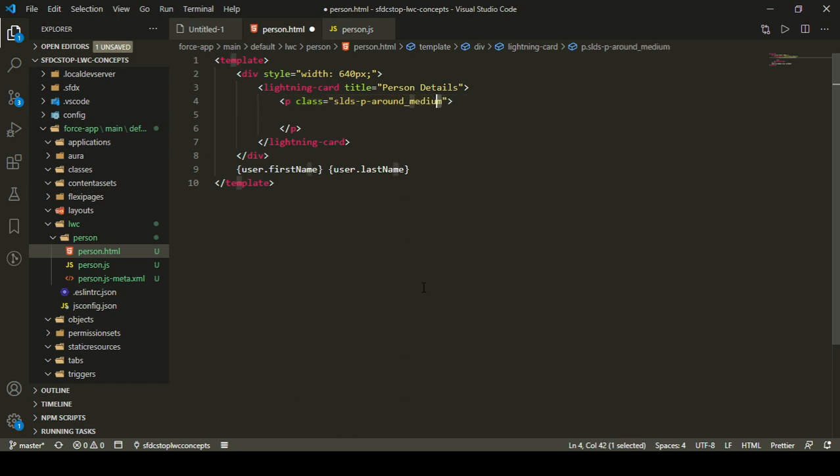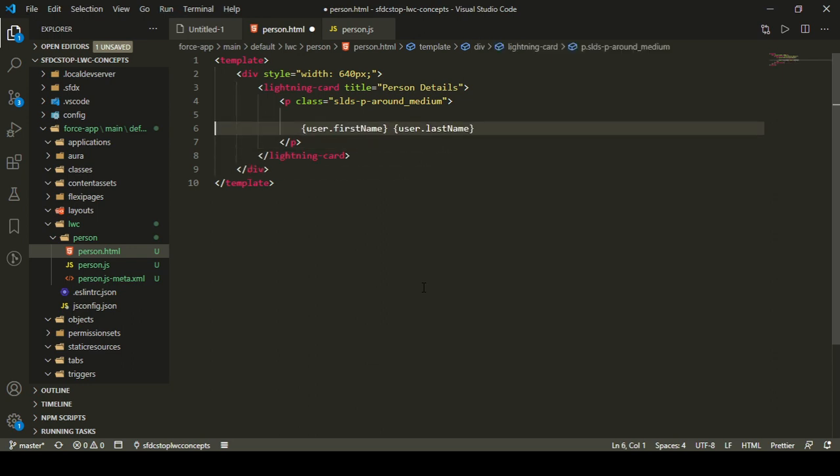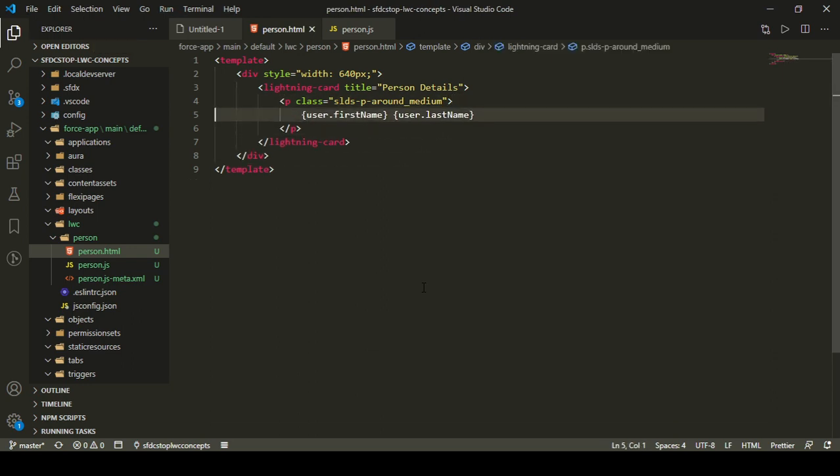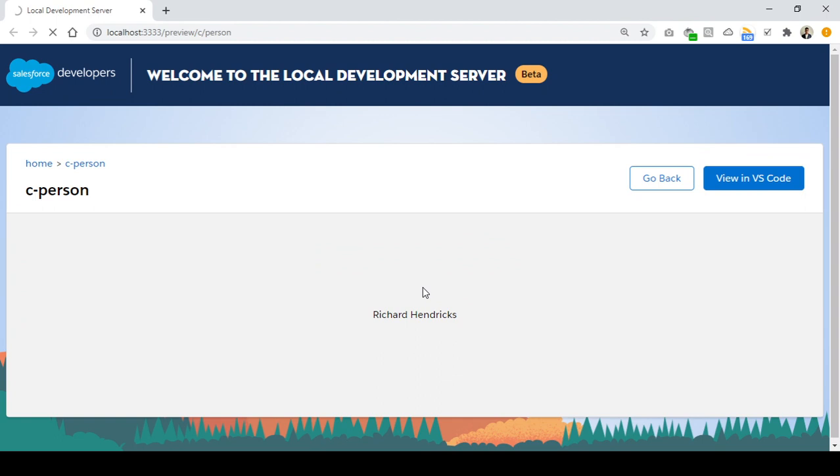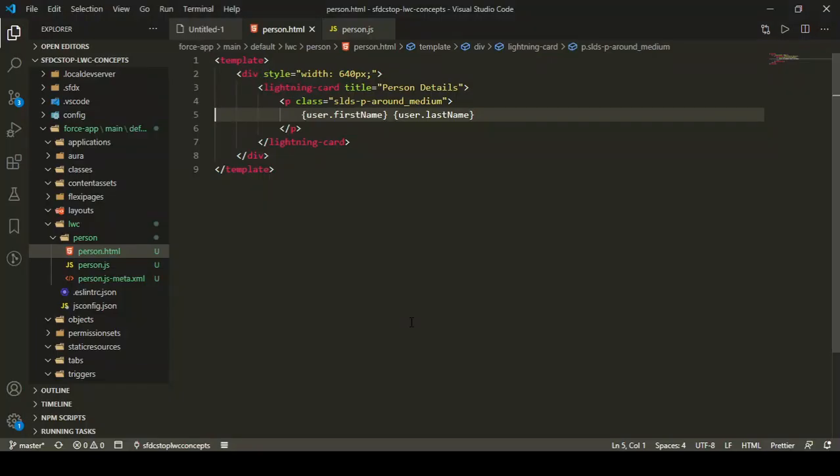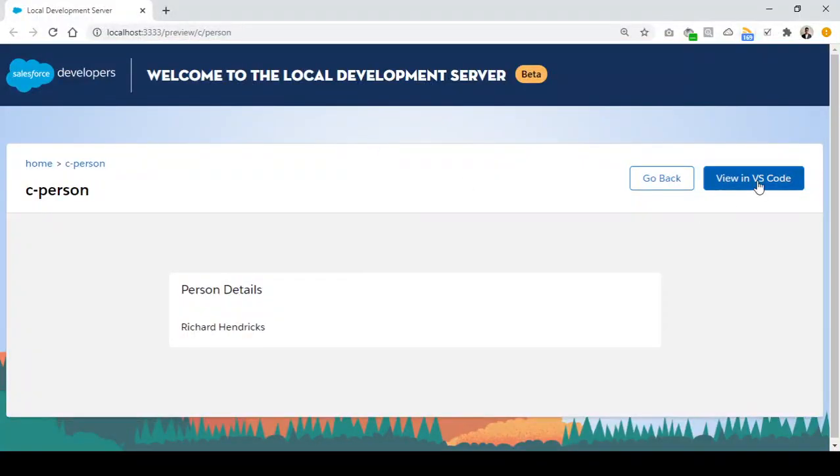So I'm going to have a medium padding around this paragraph, and inside it I can simply display my username, right? Let's save this code and see how our component is looking. Okay, so here we can see our person details card is looking very good, and my person name is Richard Hendricks.